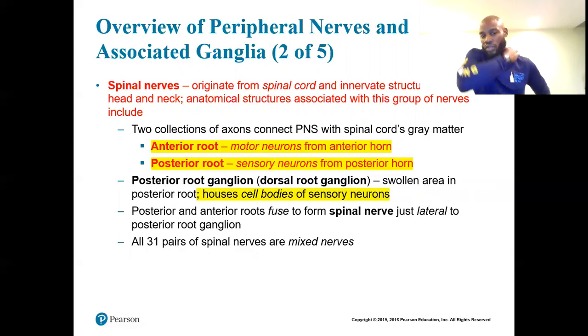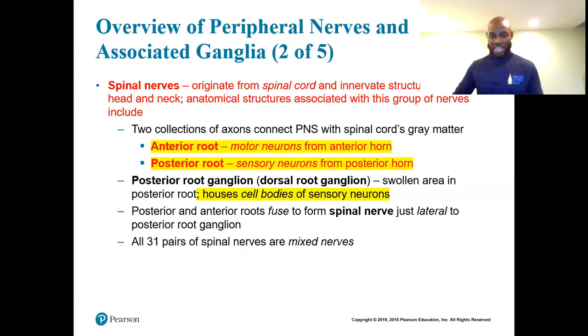Remember, we have the anterior root and posterior root when you're looking at the spinal cord. Anterior root: motor neurons, anterior meaning towards the front. So you have the nerves that come off towards the front of the spinal cord. The anterior root is mostly the motor. The posterior root comes off the back of the spinal cord and is mostly the sensory. All right, so remember that, because that's going to be very important.